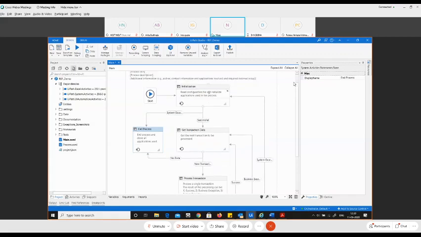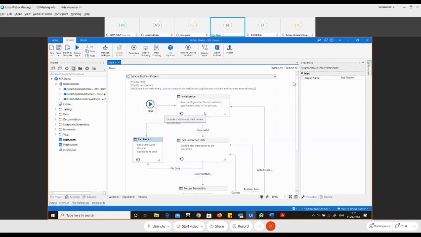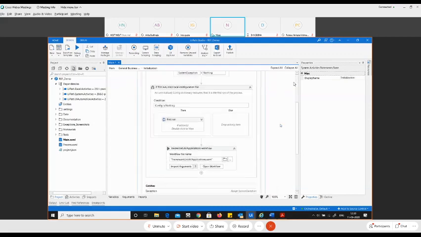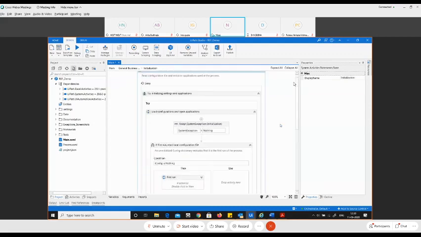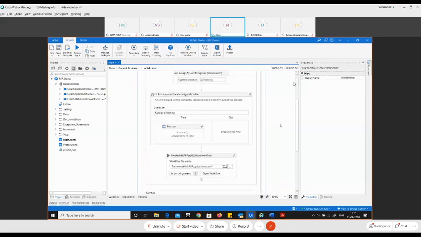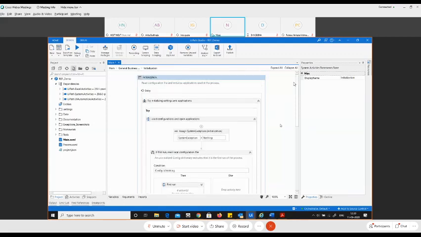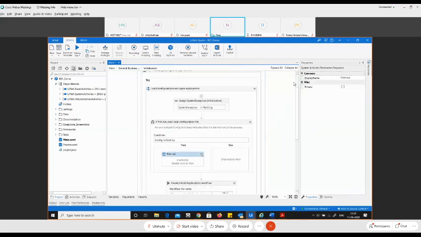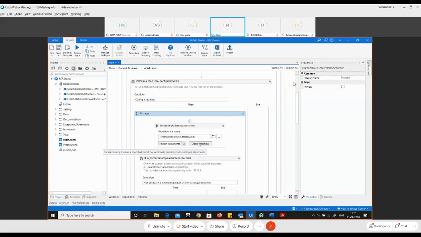So now let us look at individually what each state is responsible for doing. Let me open the first state, the initialization state. Let me click on that. You can see the code that has already been written in the initialization state. The very first workflow that is called is init all settings.